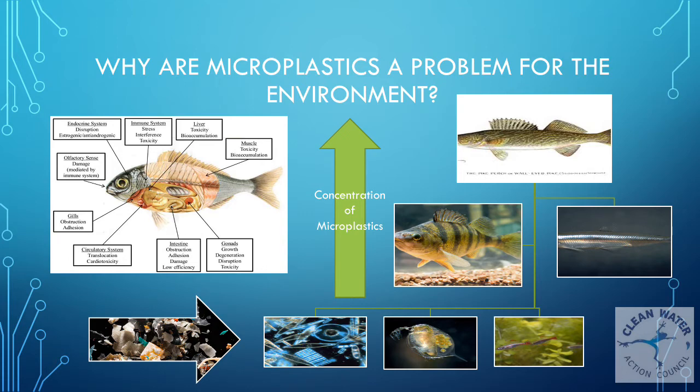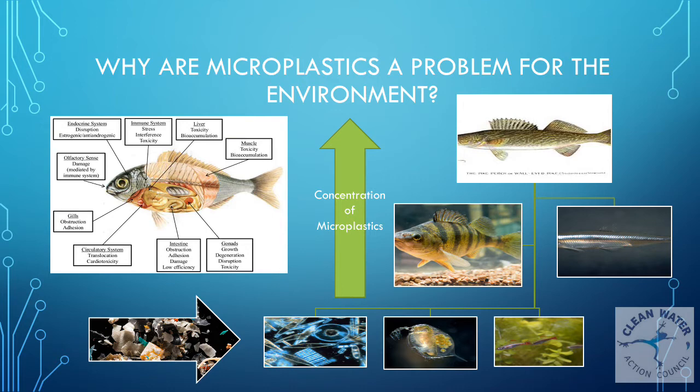So why are microplastics a problem for the environment? Synthetic microfibers can be consumed by fish and other wildlife. This occurs really easily due to the small size. Many microfibers have been shown to cause toxicological effects in many individual organisms as well. Bioaccumulation and biomagnification concentrate toxins in the bodies of larger wildlife higher on the food chain.